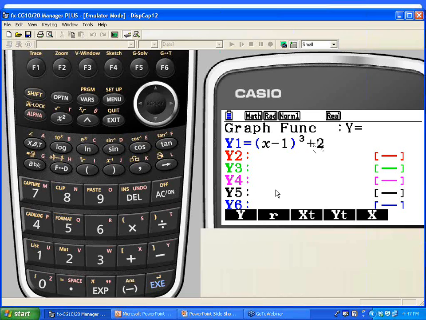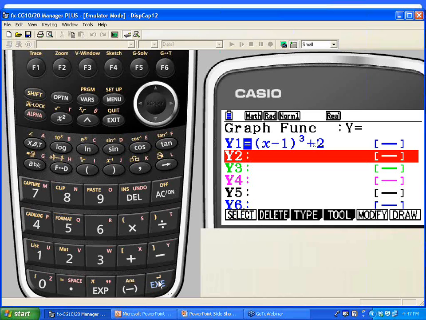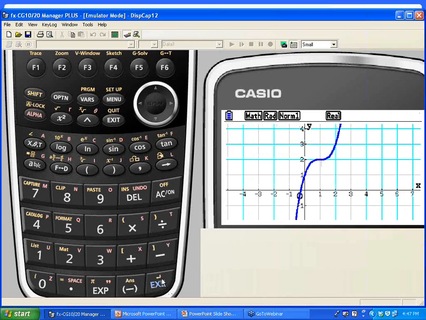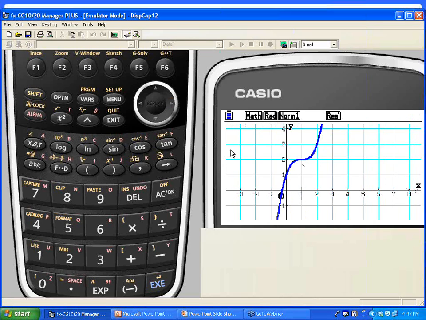And hopefully you can get them to tell you that before you actually let them graph, if they've experienced transformation rules already. So here is my graph, and we want to see the inverse of this graph. So let's go Shift, Sketch, and then F4 again for the inverse, and you see this graph. Now, as we start to analyze it again, we want to look and see if y equals x is still serving as the reflection line. I believe you can see that it is.